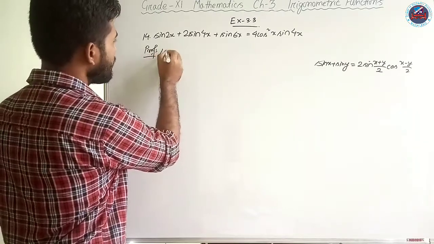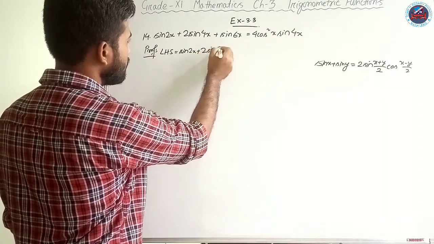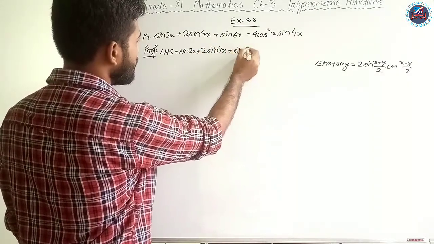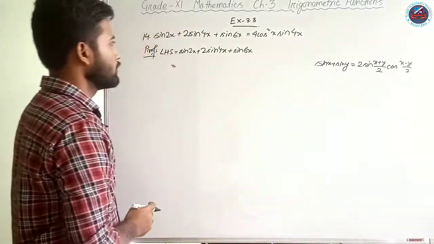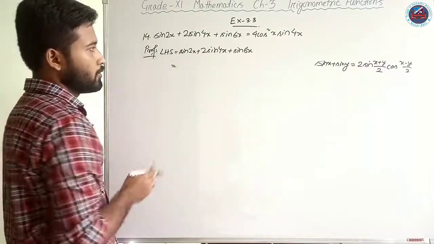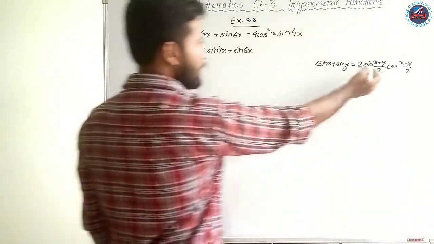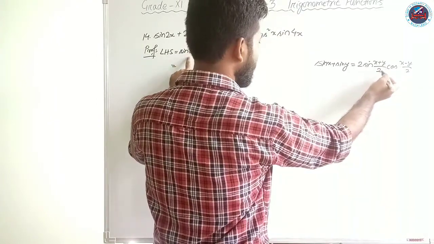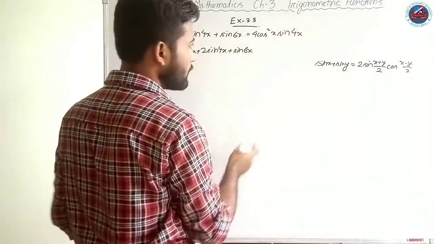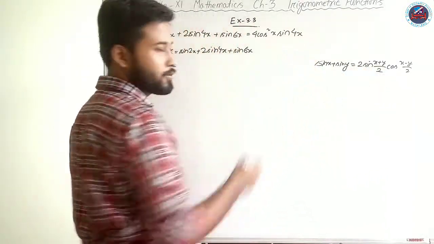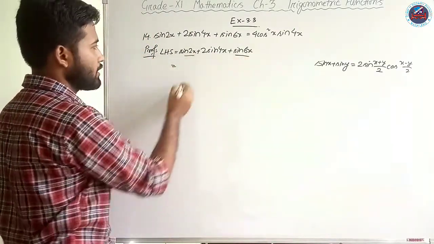Okay, now here LHS is what? It is sine of twice x plus 2 sine 4x plus sine of 6x. Now what is that equal to? Now where do we apply this formula? We need to check that out. We can see that if we add 2 and 4, it will be 6, and if we divide it by 2, that means here x plus y will be 2 plus 4, 6, divided by 2, it will be 3, but we are not using any odd multiple anywhere. Again, if you add 4 and 6, it will be 10. 10 divided by 2 will be 5x, so we are not using that. Okay, so what to do? We can take these two, sine twice x and sine 6x.